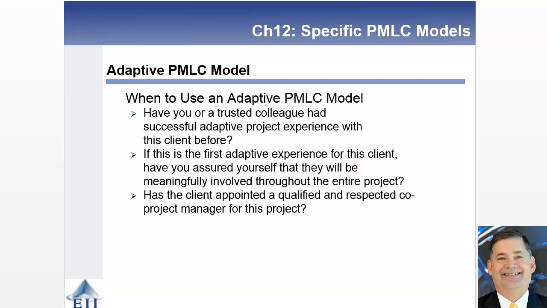Well, it's hard to believe, but we went through about 20 slides, actually 19, in 7.5 minutes. And this brings us to the end of the 5th of 7 videos looking at specific project management lifecycle models. And what we'll do during the next video is really a short one. We're going to look at adapting and integrating within that adaptive model before moving to a final video looking at extreme project